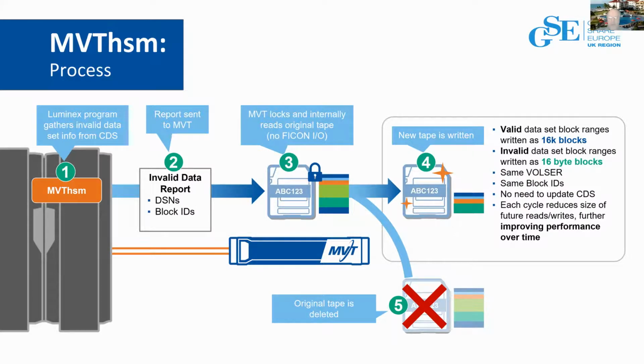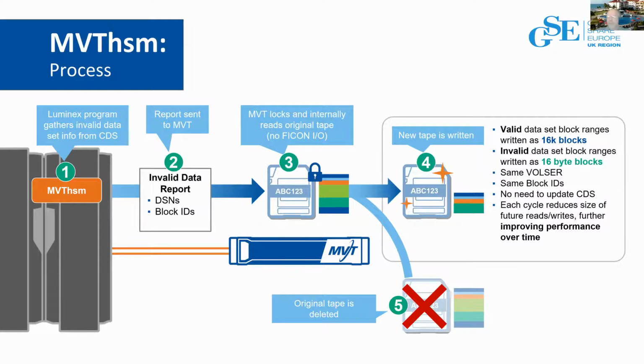While we have it locked, we go through and we read the tape and we write it to a new version of the exact same vol.seer. Now, we're doing this internally on the appliance. You cannot see this happening on the mainframe at all. The mainframe will always think it has the exact same vol.seer with the exact same blocks on it, which is what's pretty cool about it.